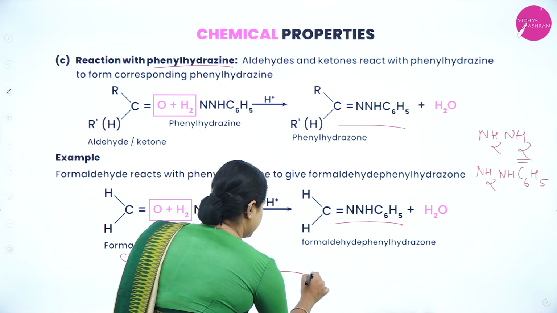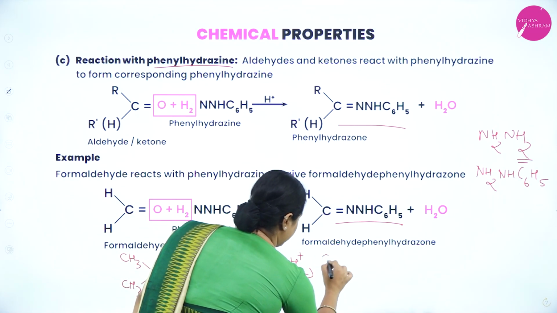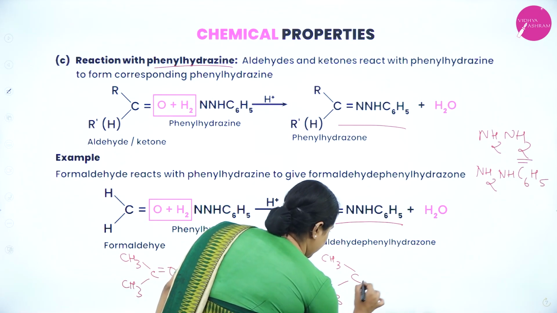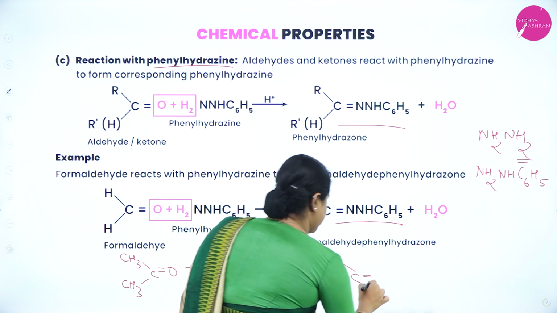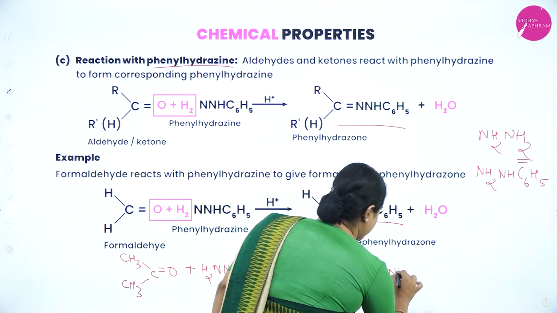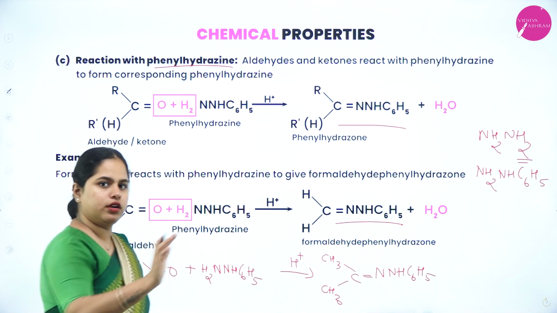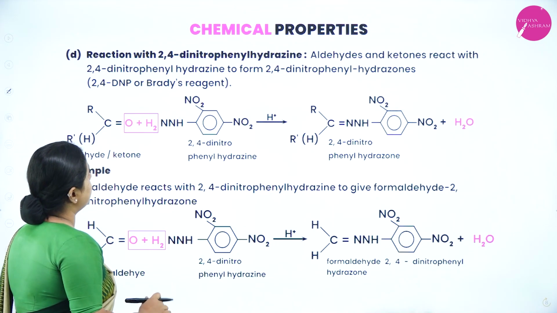So in presence of an acidic medium, what is going to happen? You will have CH3, then you will have the double bond, and what is left here, NHC6H5, which is the phenylhydrazone, and water will be removed. Clear? Next one is reaction with